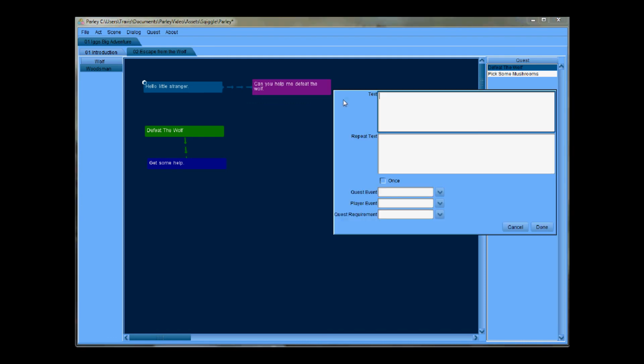His answer needs to be created. So for now we're going to make him want mushrooms before he will help us. So, no, I am afraid I can't, little one. I need some mushrooms first. If you pick them for me, I will be able to help you with the nasty wolf. Okay, so